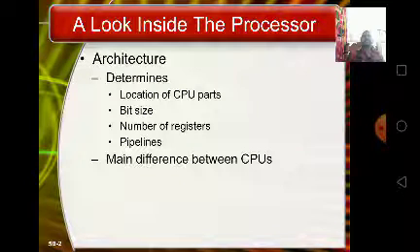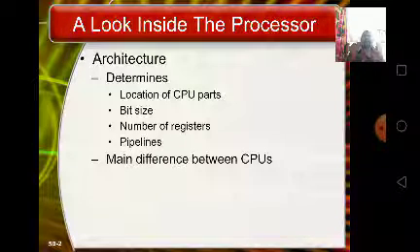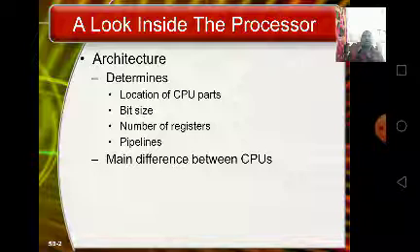Its capability to function is dictated by its internal design or architecture. A chip's architecture determines where its parts are located and connected, how it connects with other parts of the computer, and much more. It also determines the path that electricity takes as it moves through the processor, turning its transistors on and off.